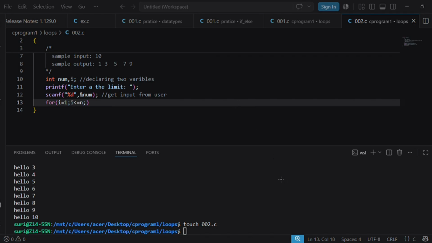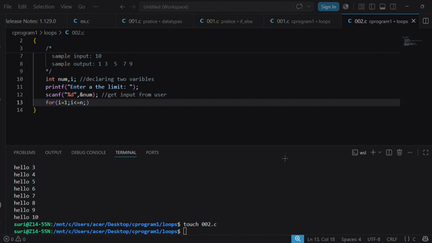So how does the algorithm go, which condition can we write in post evaluation? i is equal to i plus 2.